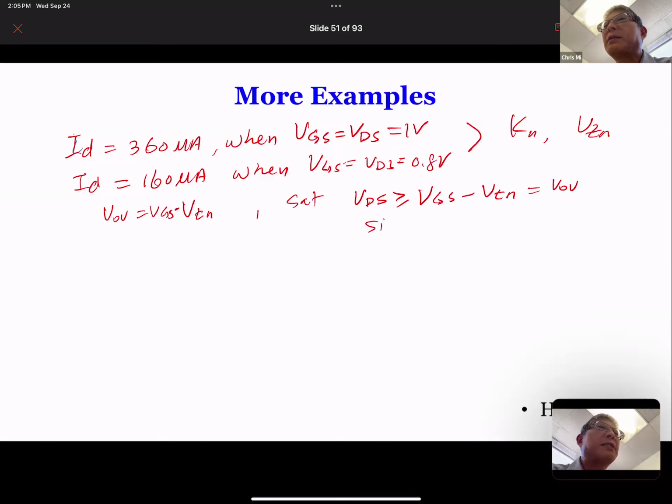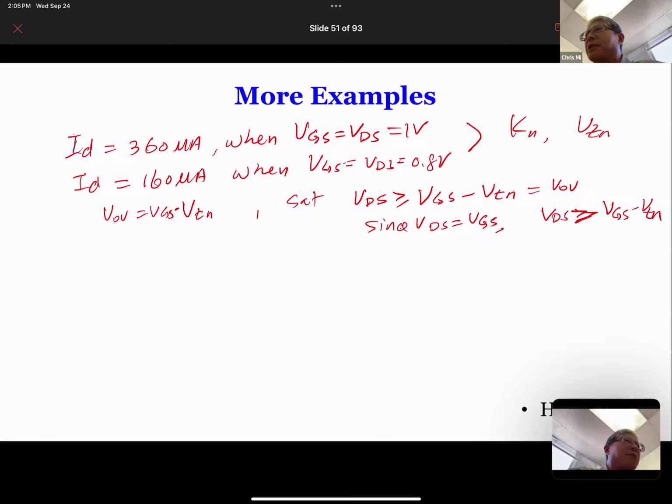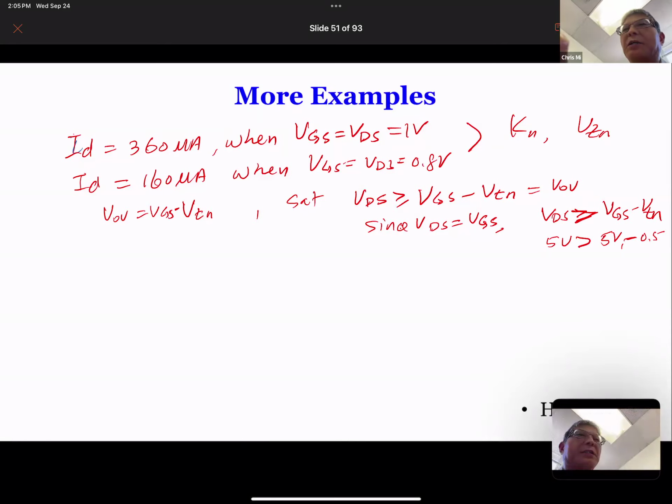Now, since VDS is equal to VGS in this example, VDS is always larger than VGS minus VTN, because VTN is a positive number. For example, if VGS is 5 volts, VTN is 0.5, and VDS is also 5, then 5 volts is always larger than 5 minus 0.5. So we conclude it's always